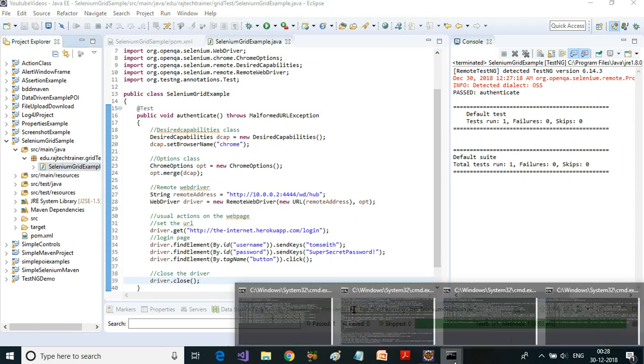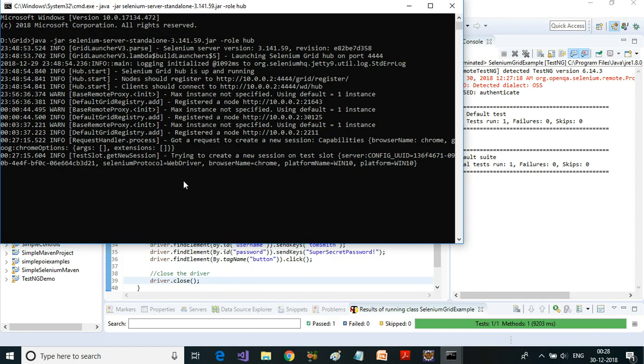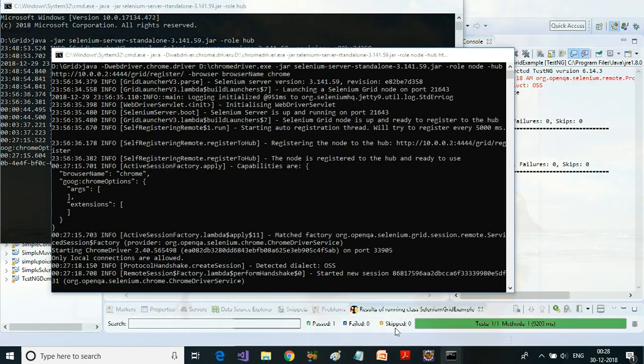Let us go back to the hub and see. What the hub says is it got a request to create a new session with capabilities browser name as Chrome, and then it is trying to create a new session on a test slot. Let us see it on the node.